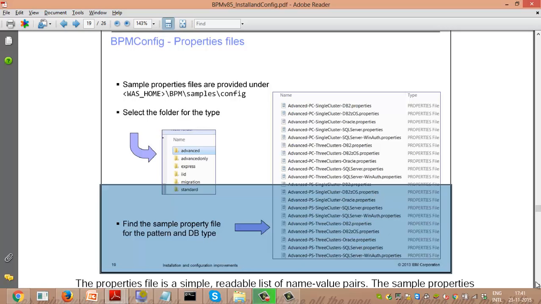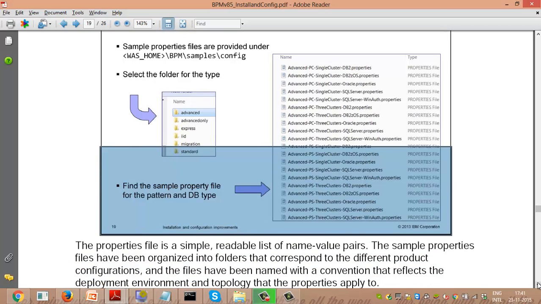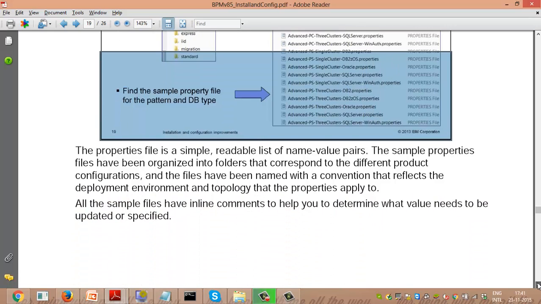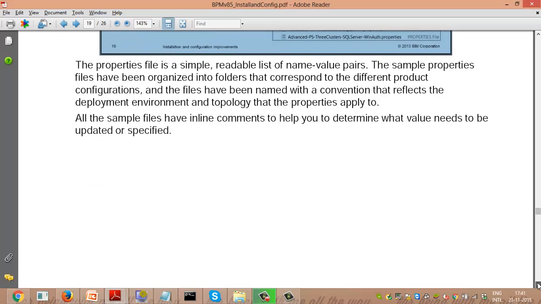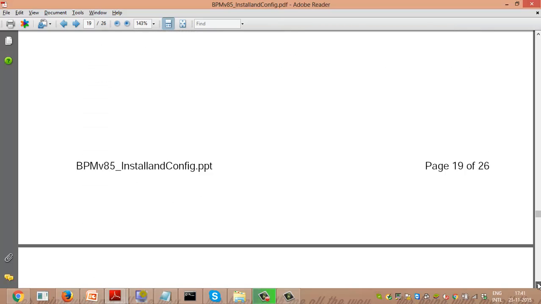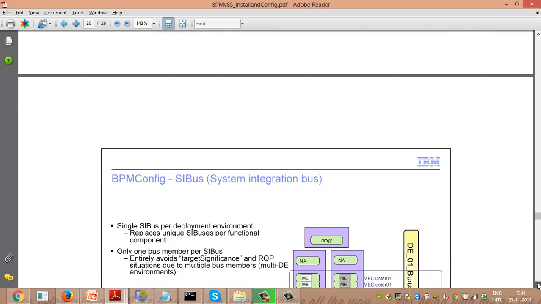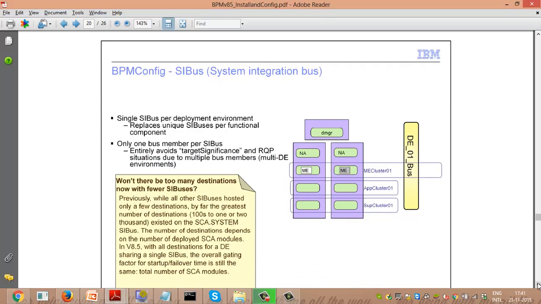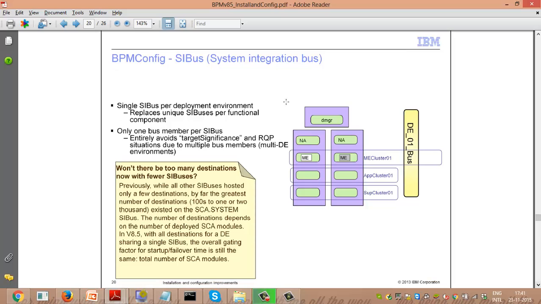Now, what is it doing with the system integration bus? The change here is, won't there be too many destinations now with fewer system integration buses?